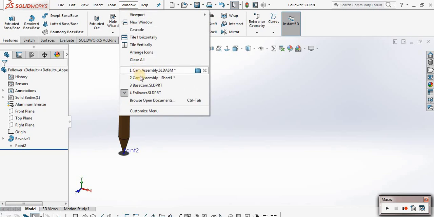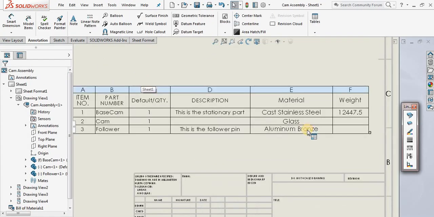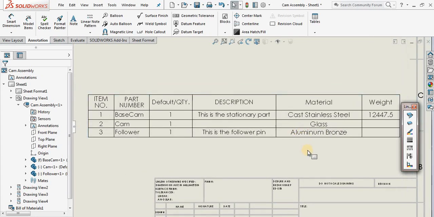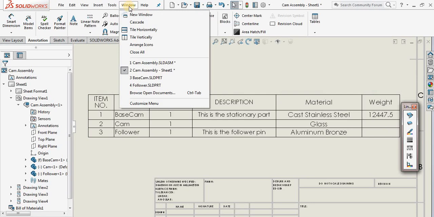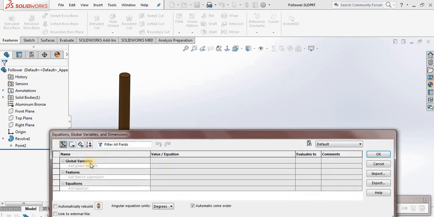Save and get back to the assembly technical drawing. Now you can see the aluminum bronze written as the material. And since the weight calculation is not done on the follower, it's not given there, so I get back to the follower and create an equation,